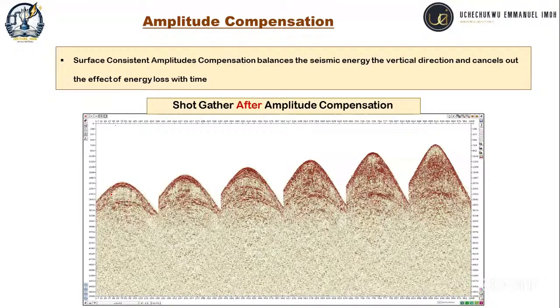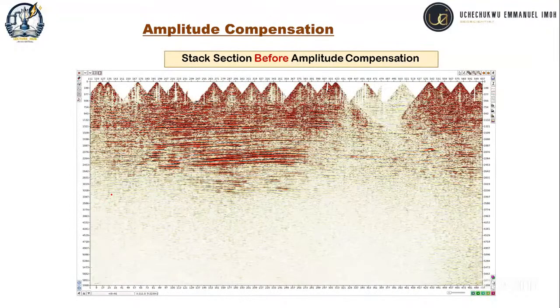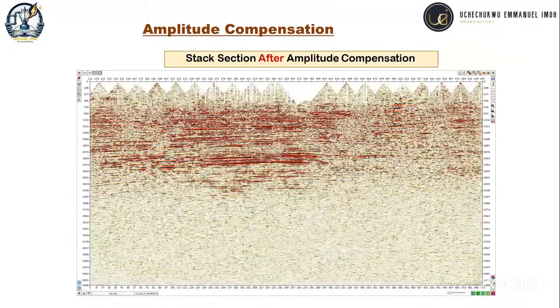So before and after, before, after. And on stack section, you have it before, after, before, after. You're balancing the amplitude throughout the data. This step is carefully done, especially noise attenuation and amplitude compensation. You have to be very careful because when you come to your interpretation, remember your DHIs, you're looking at amplitude